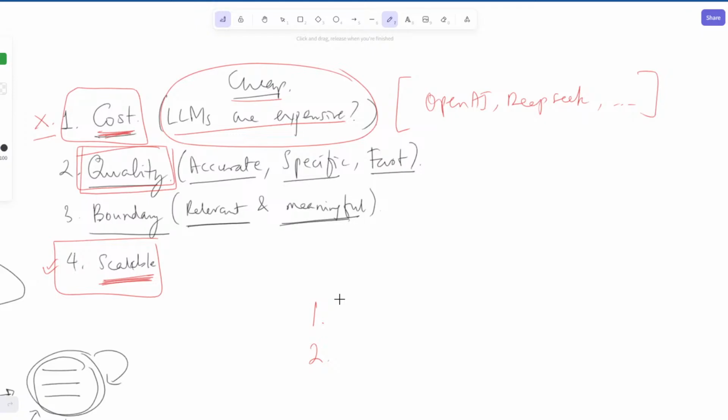Rishabh is asking, won't the answer depend on the quality of the question asked? For a vague input, the result will be vague. Yes, these LLMs can predict what you're trying to say given sufficient context, given sufficient background. But you're right, just like if a person asks me a vague question, I will find it difficult to answer. An LLM is also going to find it difficult to answer.